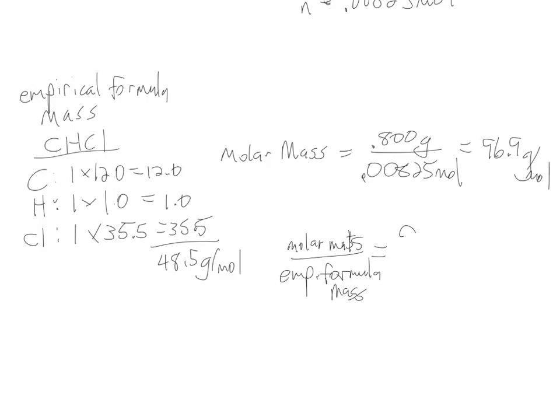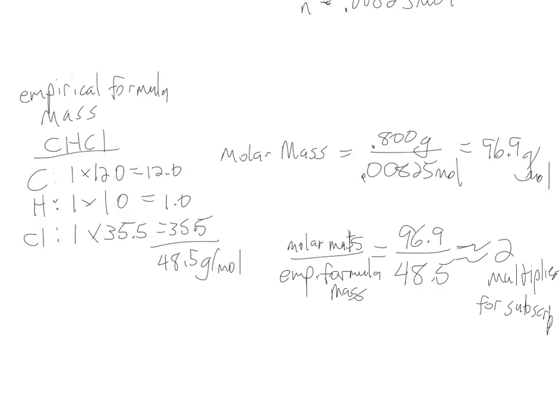And so we just divide these numbers, and we're looking for the closest whole number ratio. These are going to be really close to 2. So 2 is what I call the multiplier for the subscripts